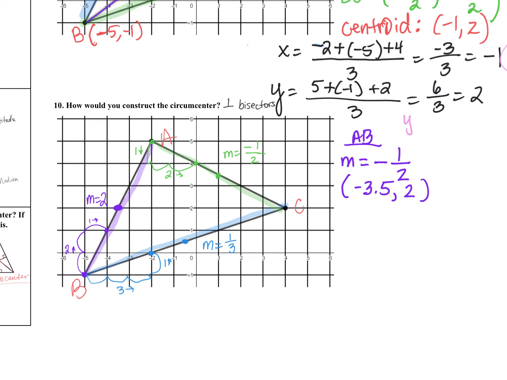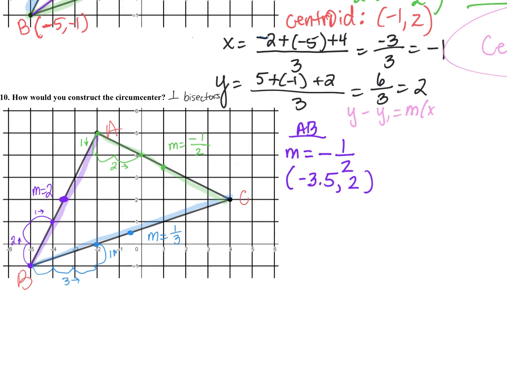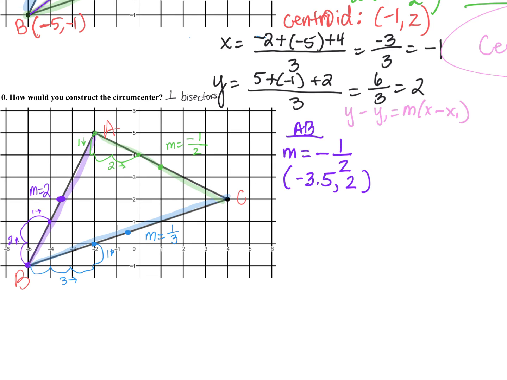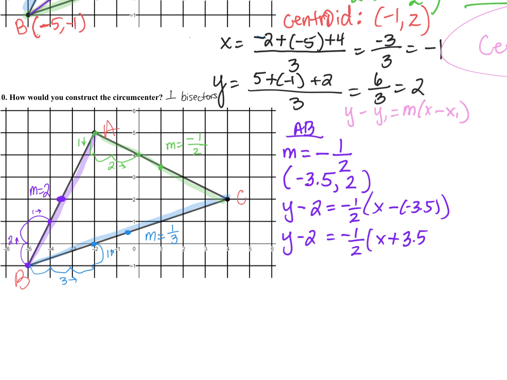We're going to be using the point slope formula to help us write the equation. So we have y minus y1 equals the slope times x minus negative 3.5. So I have y minus 2 equals negative 1/2. Let's simplify the parentheses part first. Now let's go ahead and distribute. We get y minus 2 equals negative 1/2 x